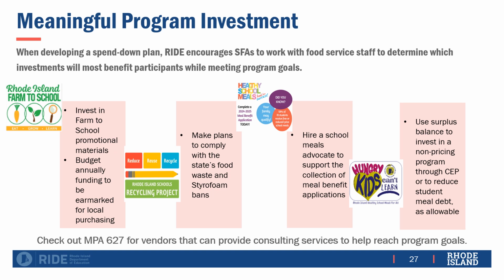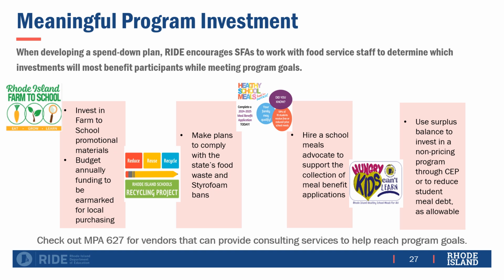As I mentioned in the previous slide, the goal is for SFAs to not only reinvest the program, but to make meaningful investments that will improve or increase the benefits received by students. SFAs should work with food service staff and consider their own local goals for their food service program when developing a spend down plan, but may also consider the following ideas: investing in farm to school, promotional materials such as farm to school promotional kits available through the Rhode Island Farm to School Network,